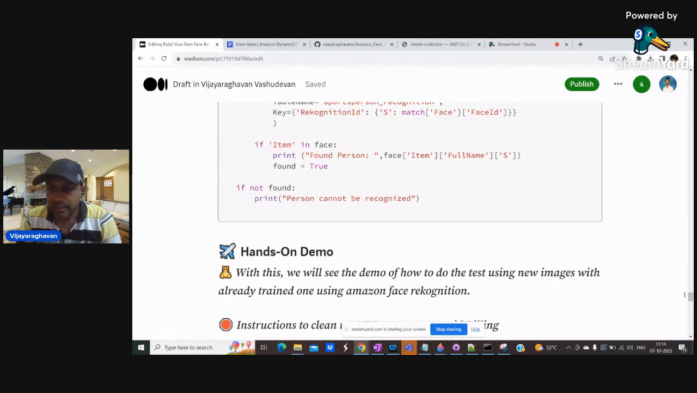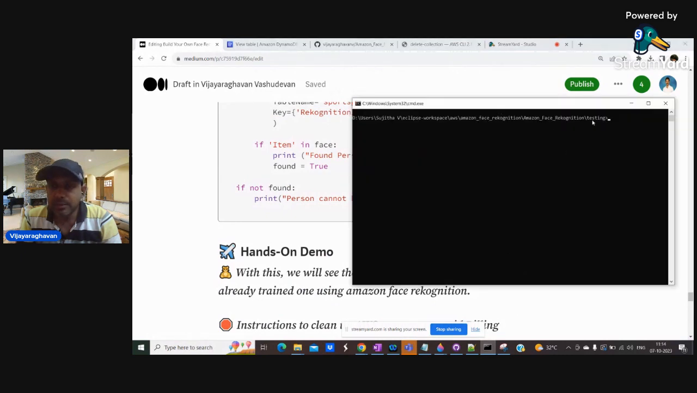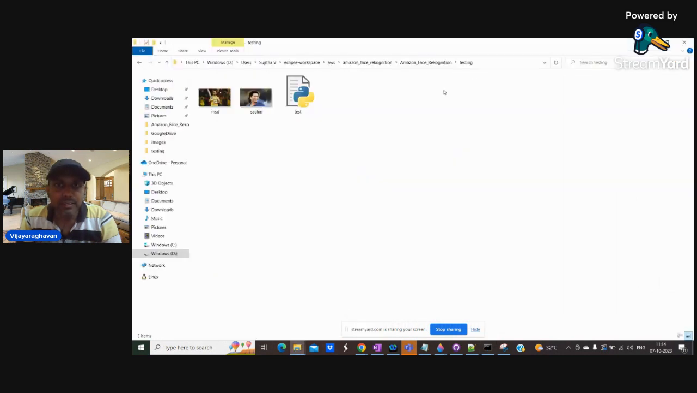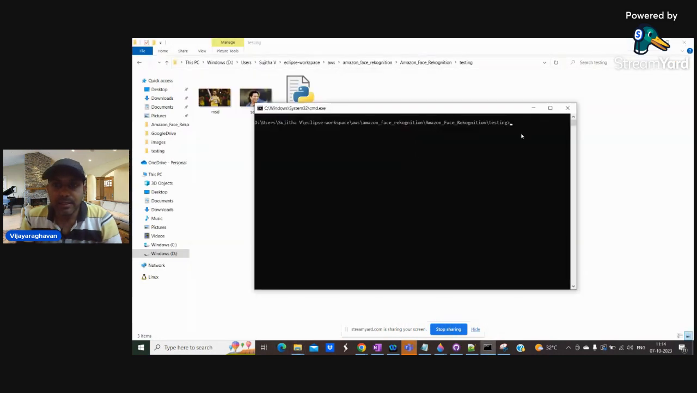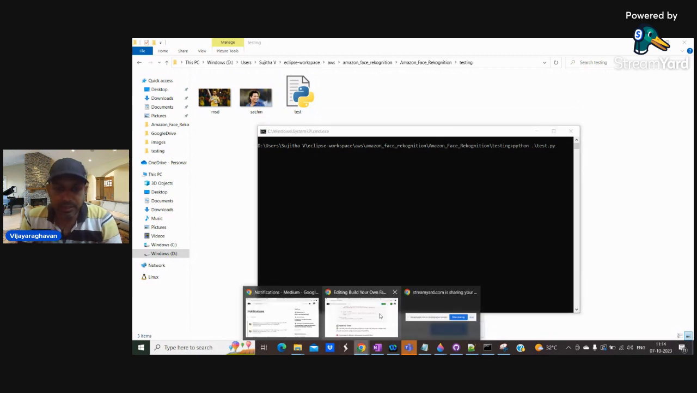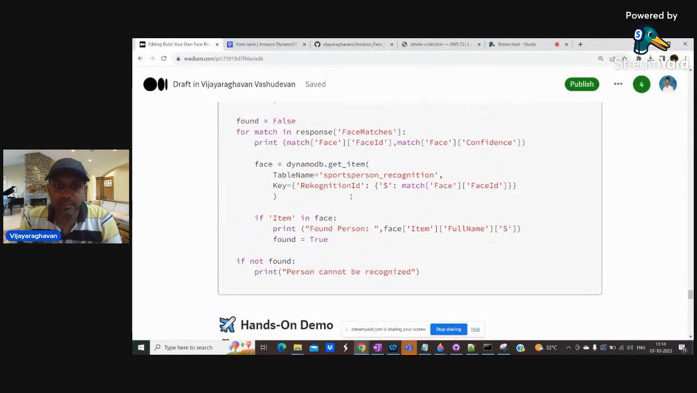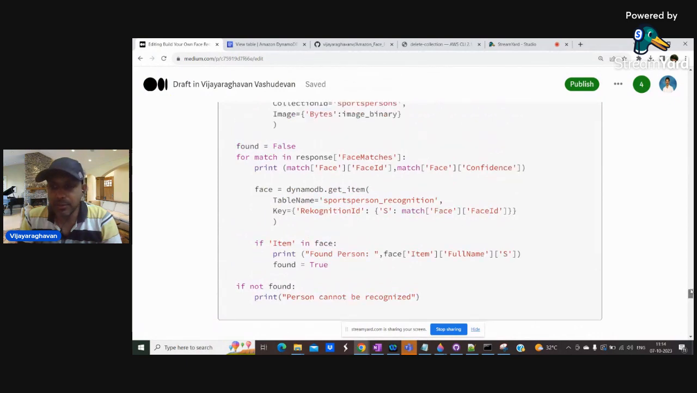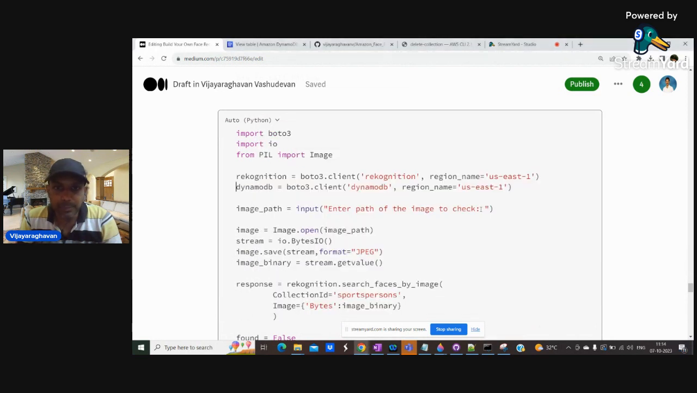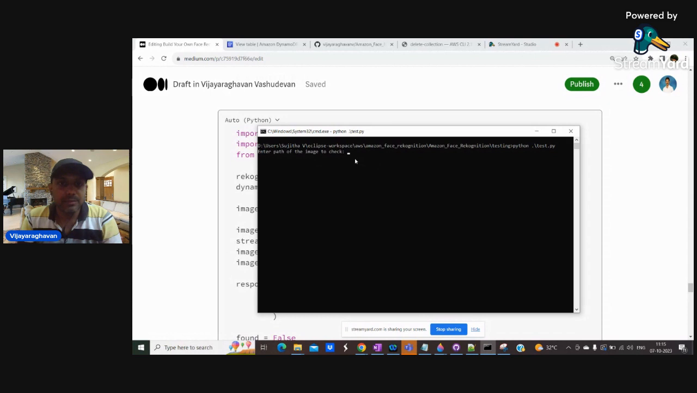Okay, we'll test that. What I have done is I went inside the folder which is called the testing folder, and I am going to run this Python file, test.py, which is nothing but the same Python file which I have written here. This is the Python file I have inside test.py. Just clicking enter, it will ask for the path of the image to check. I'm just giving